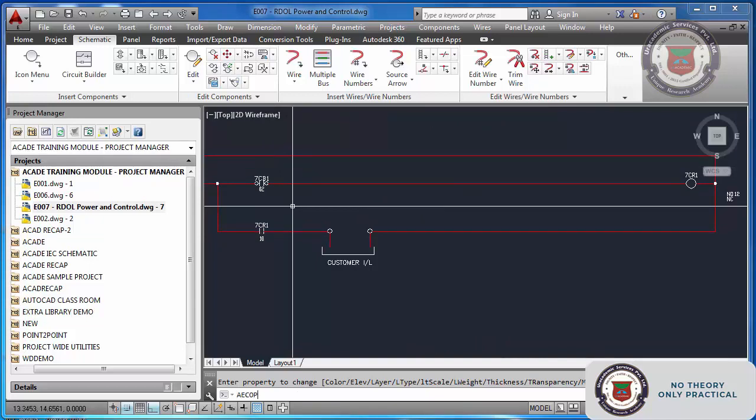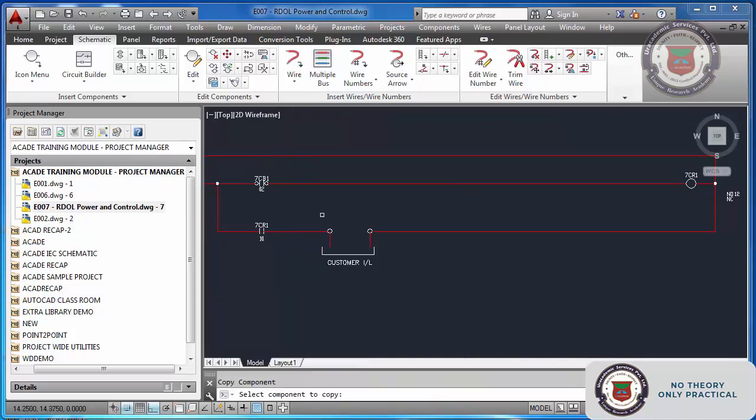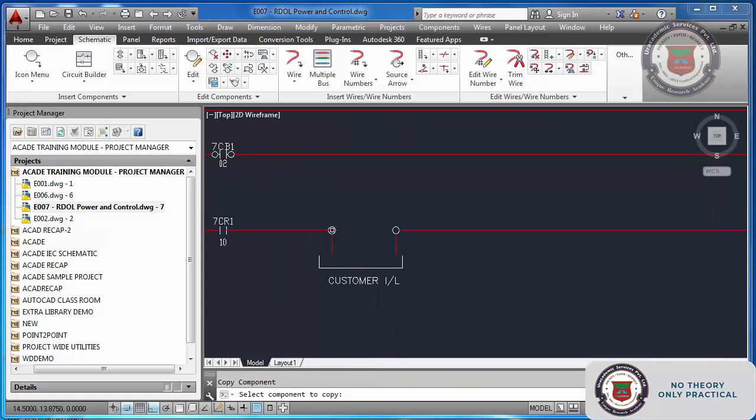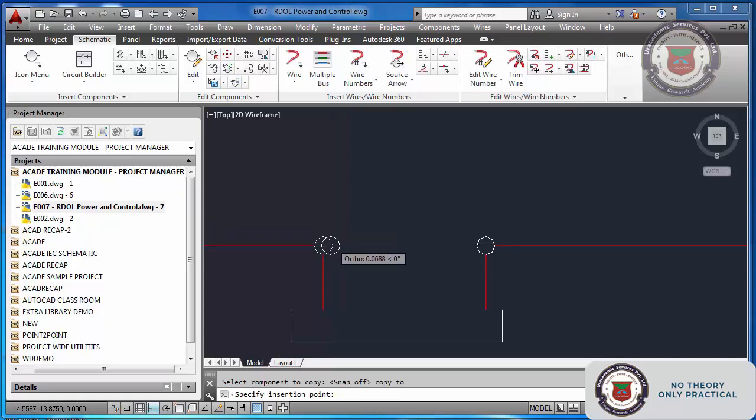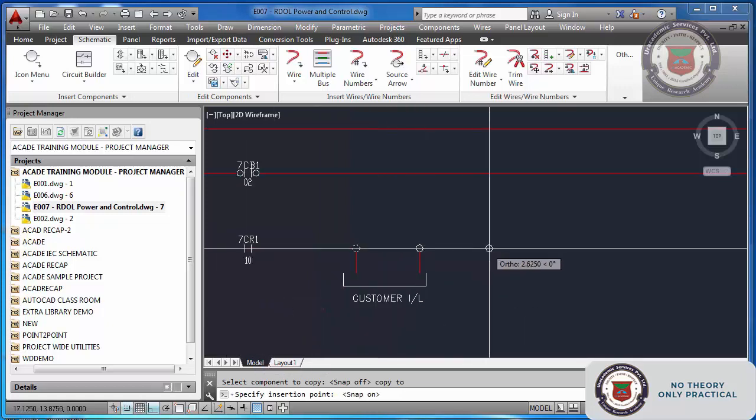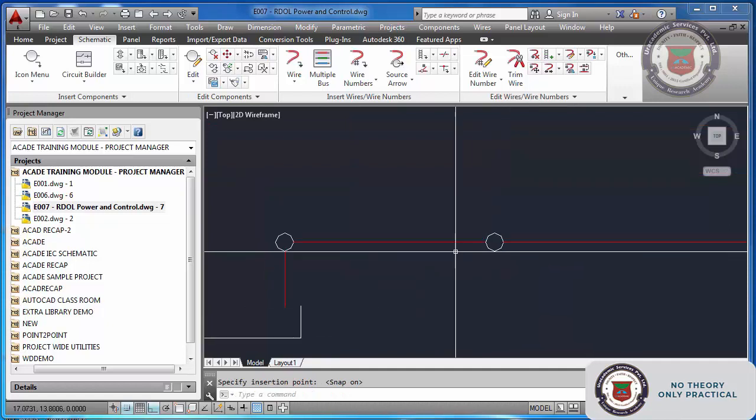So I can copy this component. Sometimes you cannot pick this so smoothly. It is jerking. My mouse is jerking because here you go and see the snap mode is on. So if you want to avoid it, just keep the snap mode off for the time being, just for picking those. Keep it here.